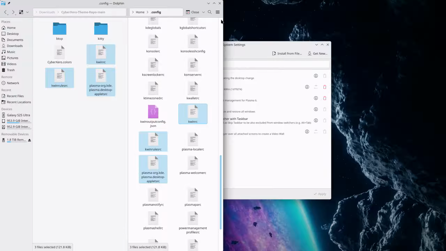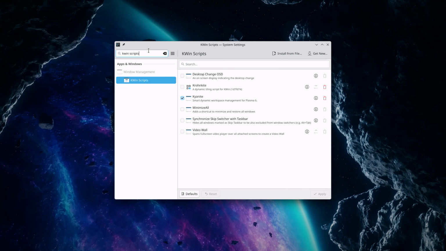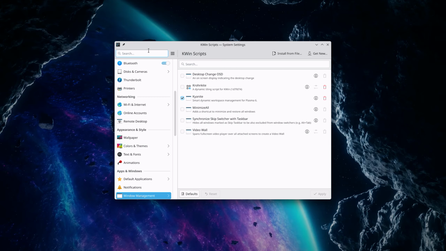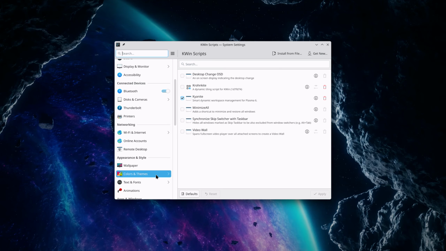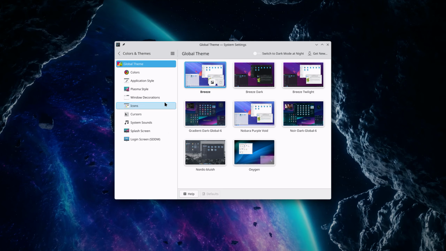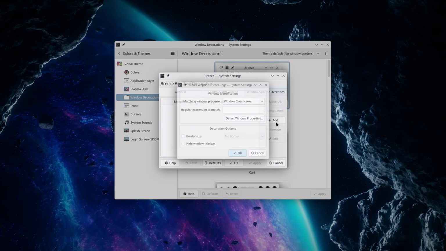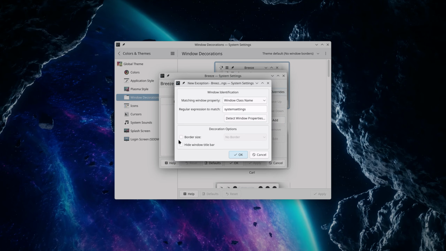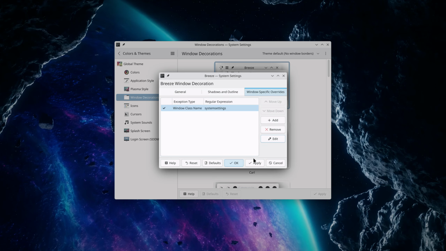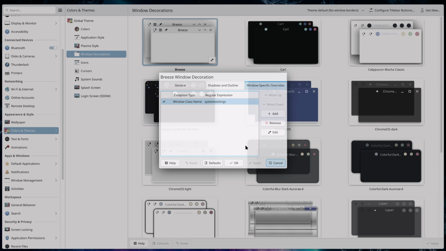Pretty much the only thing that's going to be left for the user to manually do, and I will go over this before I end this video, is because I can't seem to figure out where exactly this is stored. If anybody knows, want to let me know so I can incorporate that too. If you want to hide your window title bars, which I do because it kind of detracts from the whole thing, what you got to do if you want to keep your borders, which I do,